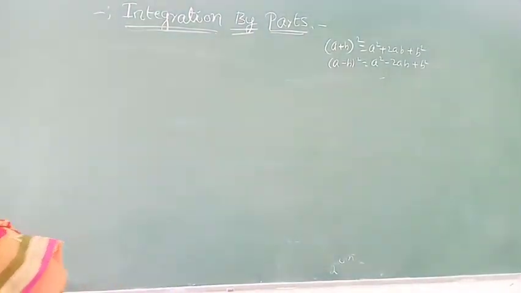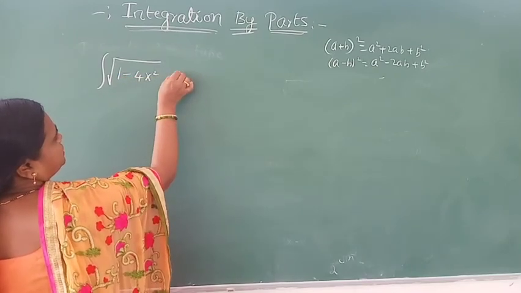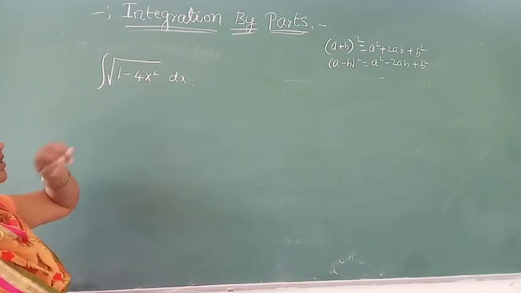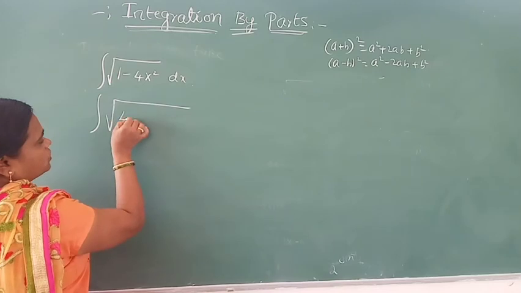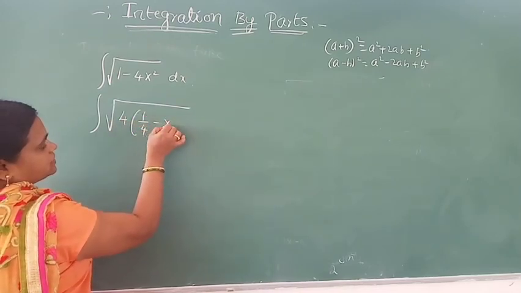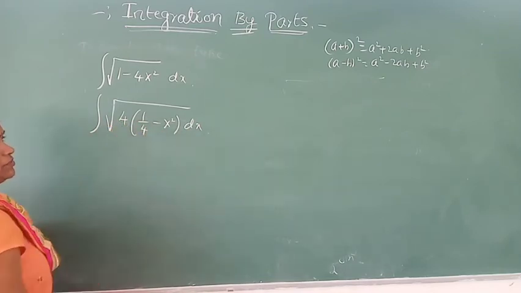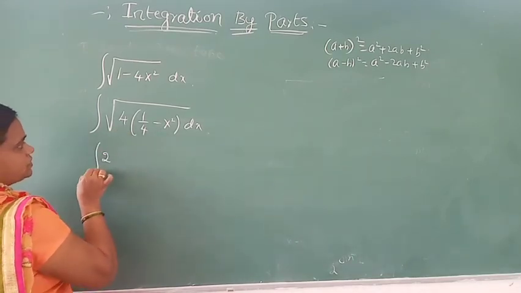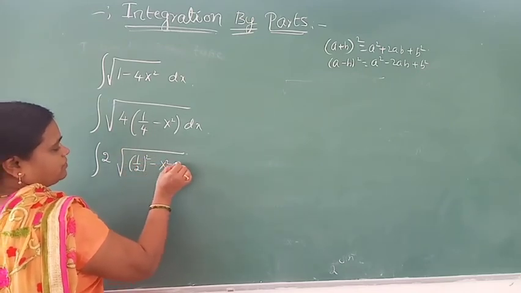Next example is integration of root of 1 minus 4x square dx. And as I already said, we are taking the variable one side, constant one side. See, here the variable is multiplied by a constant. That constant we have to take common. Therefore, we can write integration of root of 4, take common, we get 1 by 4 minus x square dx. Multiply, 4 gets cancelled, 1 left, 4 into x square is 4x square. And we know that root 4 is taken outside, integration of root of 1 by 4, we can write 1 by 2 the whole square minus x square dx.